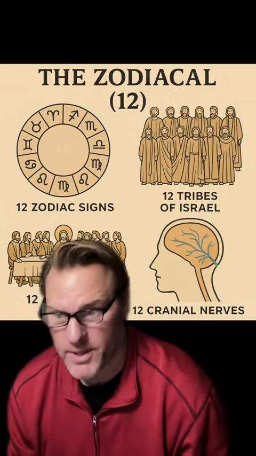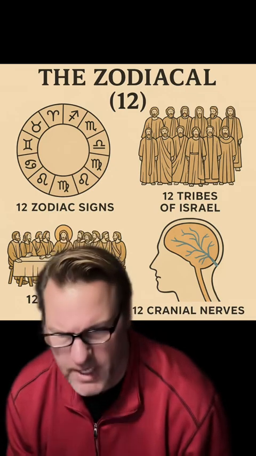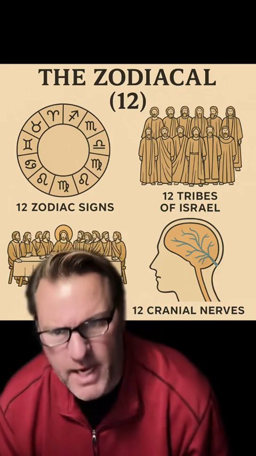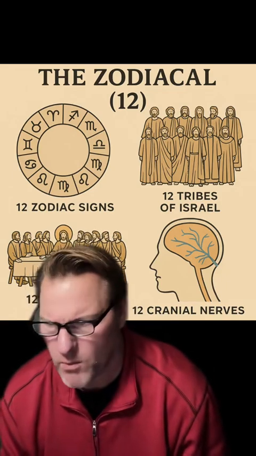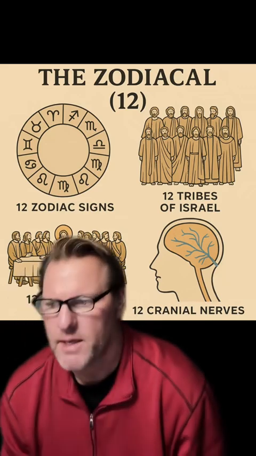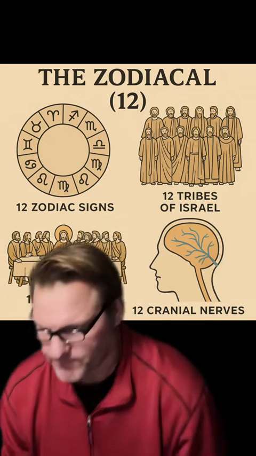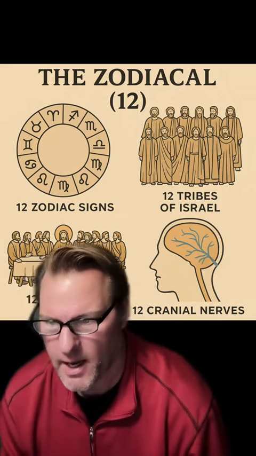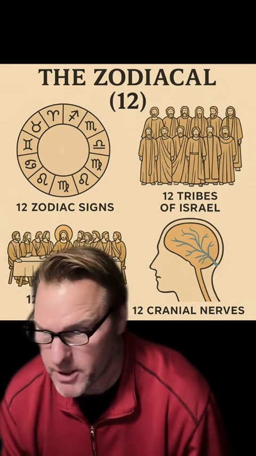Aries begins with the head. Pisces ends with the feet. Every part of the body is marked by a sign. Every stage of the human story is framed by one of the 12 archetypes of the zodiac, right? It is the great clock of the sky cycling us through experience after experience.